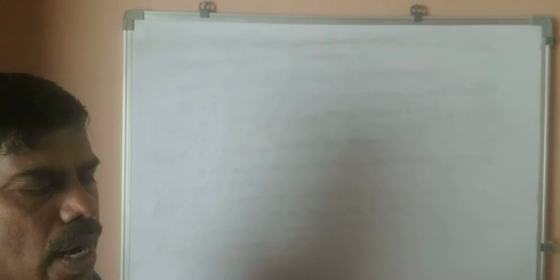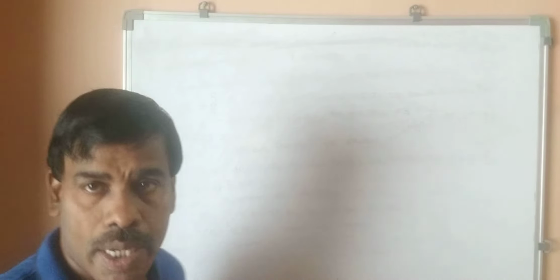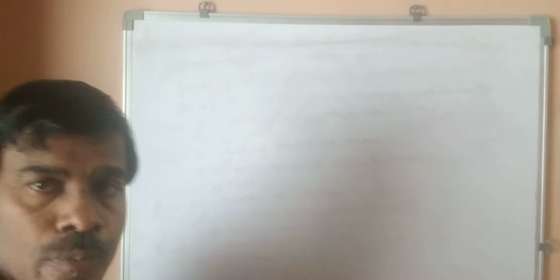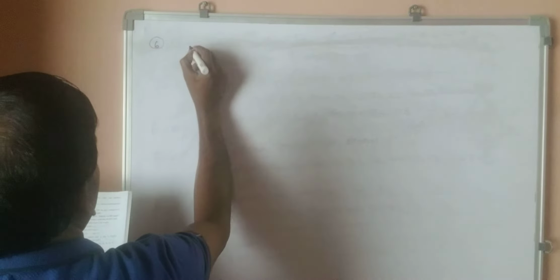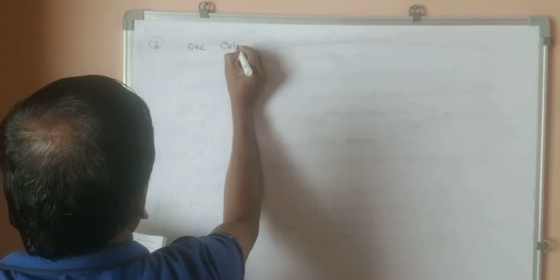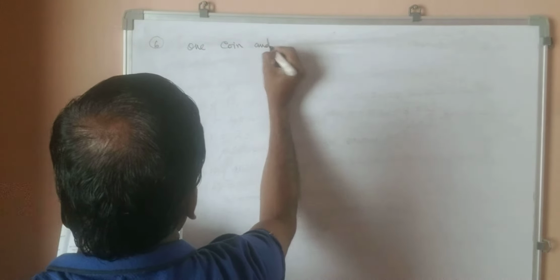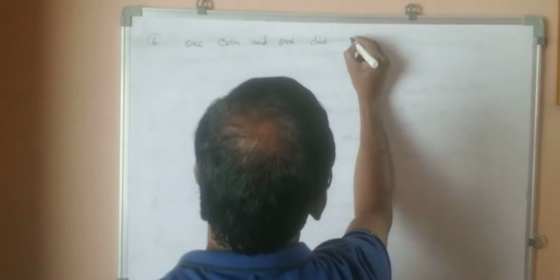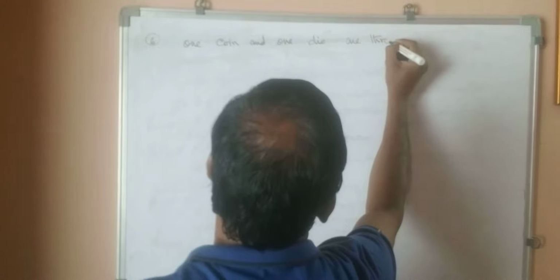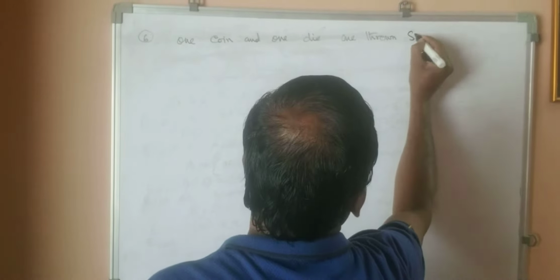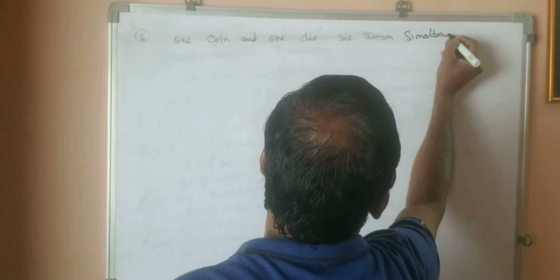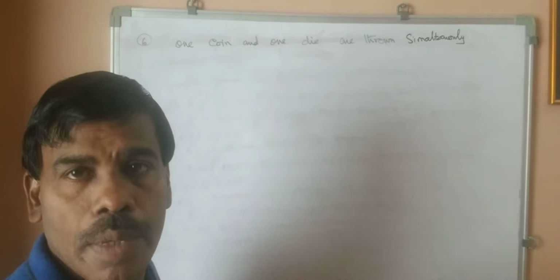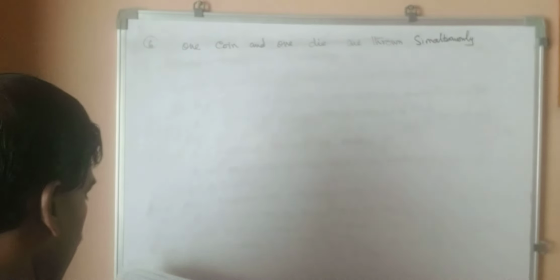One coin and one die are thrown simultaneously. What we have taken? We have taken one die and one coin together and tossed. See, one coin and one die are thrown simultaneously. Simultaneously means what I said, at a time. Okay, now